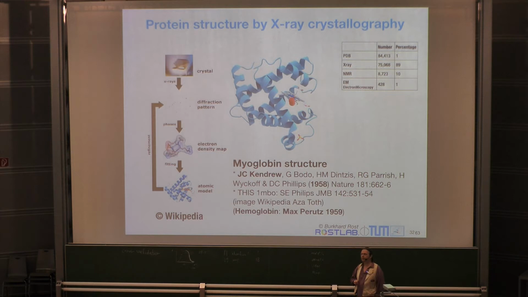Yes? Why do we need to put them in a crystal to do the X-ray? Because if you had this protein in a solid, essentially assume you had a cell, and you shoot X-rays onto the cell. The problem there is that the protein moves. The phasing here